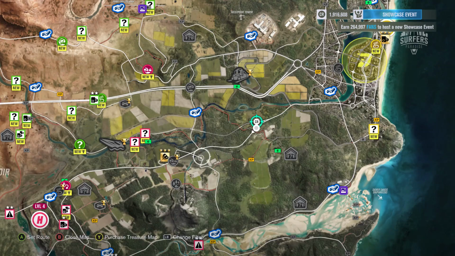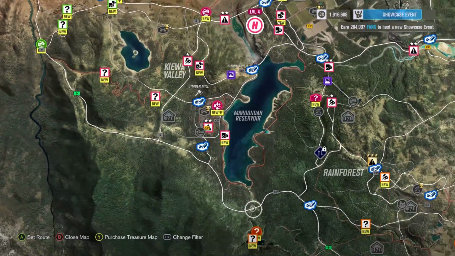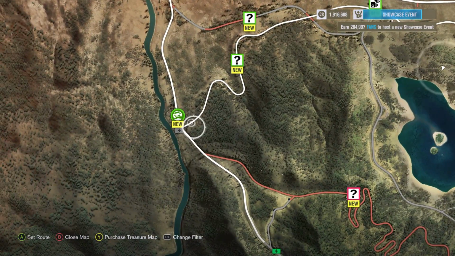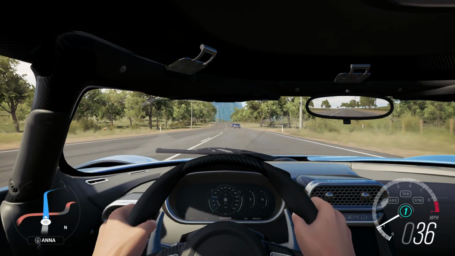Let's go and have a look at the best possible way to... We kind of want to come down this road here, I think. Look at that road, sweeping its way back into Byron Bay. Yeah, that'll do me. So if we set a waypoint up to here, we'll have another blast down this road, because why not? When you've got this much speed...